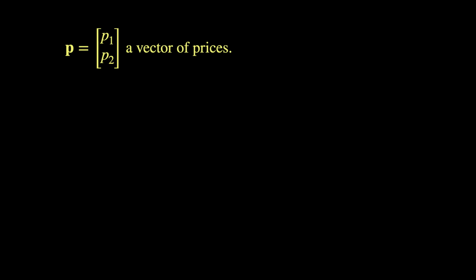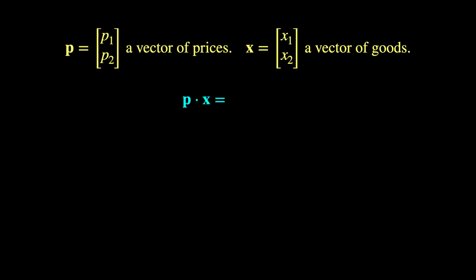Consider a vector p, which is a vector of prices. P1 is the price of good 1, P2 is the price of good 2. Also consider a vector x, which is a vector of quantities of these goods. Well, then the dot product of P and X tells you how much money you need to buy vector X